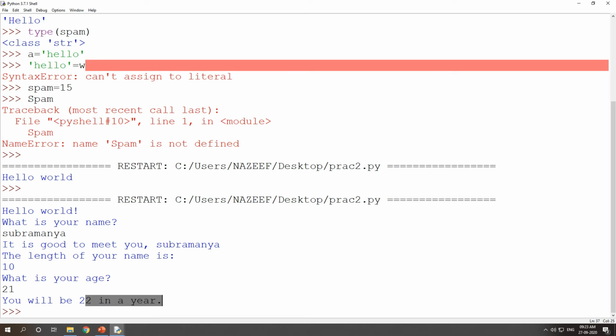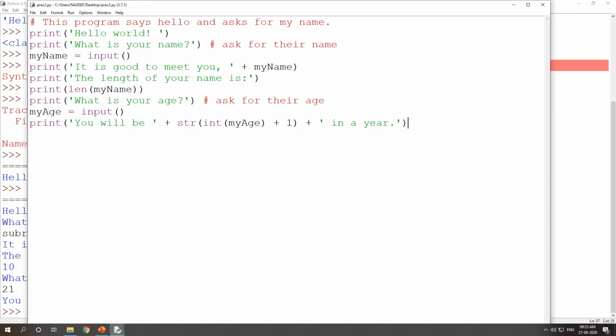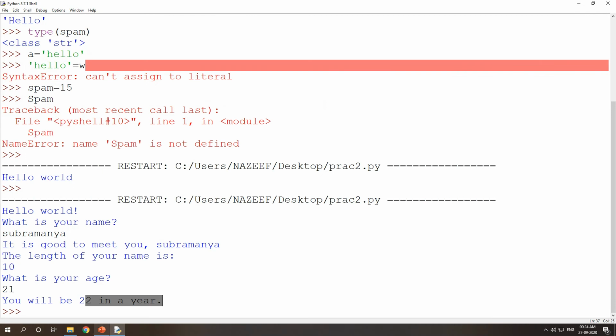Understood? So that was the technique we used in the program. First we converted our age into integer, then we added the 1, then we converted into string. See, you cannot add 1 to a string, right? That's why you need to convert into int. And always remember, user input is in the form of string. So it was a very easy program, no indentation and all. Here no blocks, no for loops, no condition statements and all. It was a very easy program. So we'll go to the next slide.